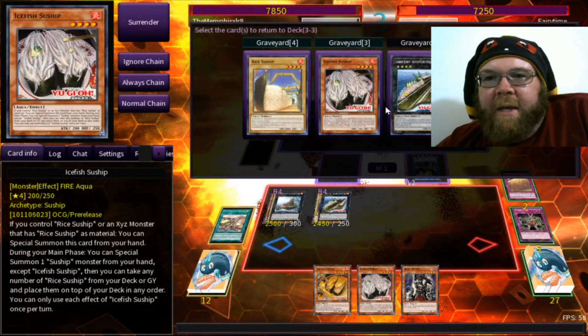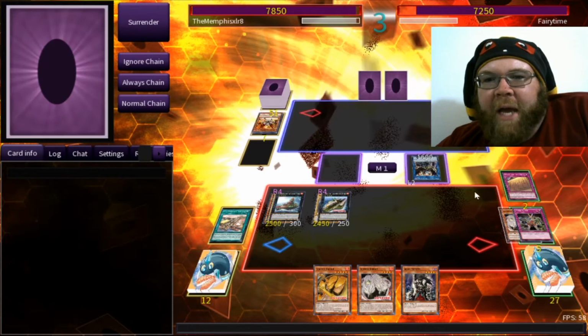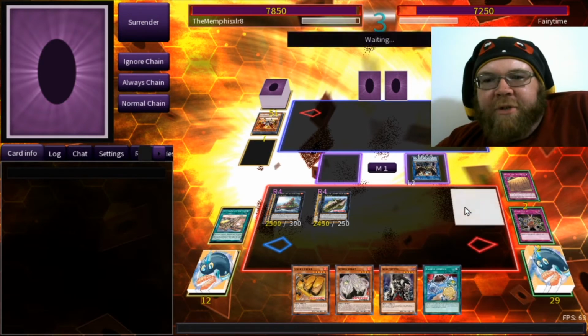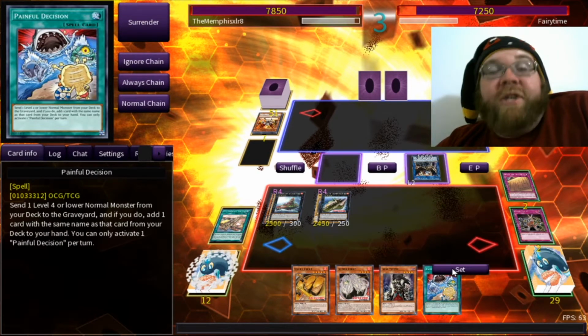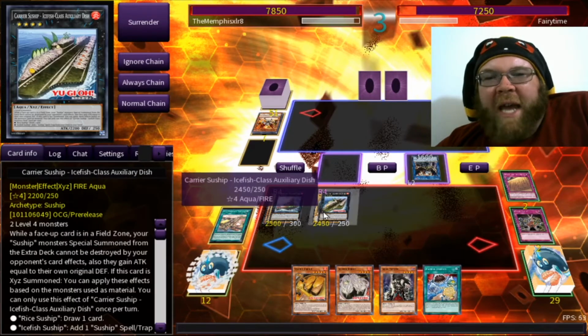I'm gonna go ahead and get back. I'm good on that. I kind of want more monsters. I want more main deck things. I kind of want to get my Sushi Boy back. Ooh, Painful Decision. That is a brick right now. You go through the normies really quick in this. I kind of wish the